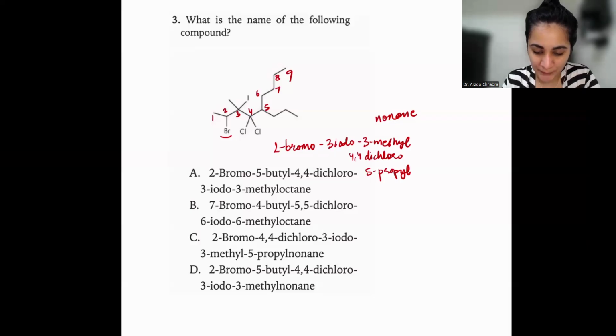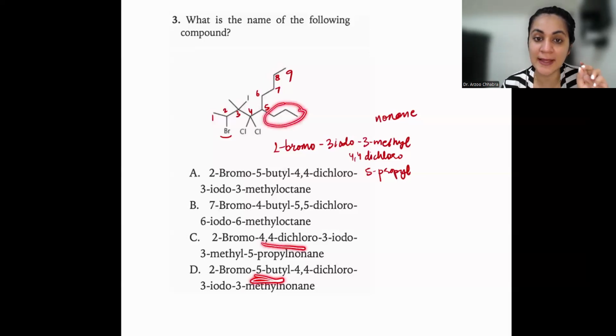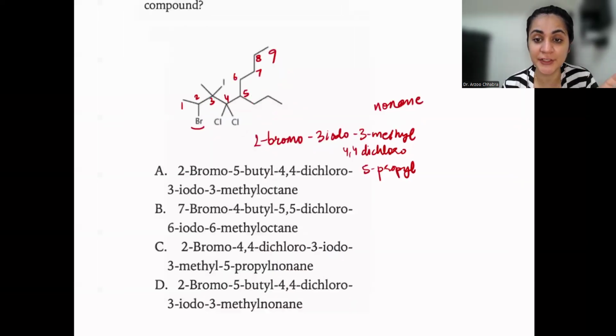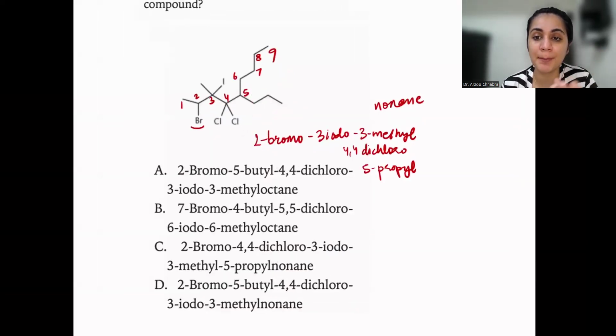So it'll be 2-bromo, which is the same in both the options. The second option is 4,4-dichloro and 5-butyl. First things first, this chain is not a butyl chain, it's actually a propyl chain. So the option with the propyl would be the correct answer. That's the first thing. And then also, this is important. One of the rules of nomenclature is that when we are comparing the letters and we want to arrange them in alphabetical order,